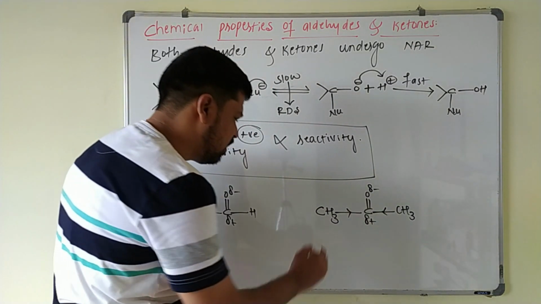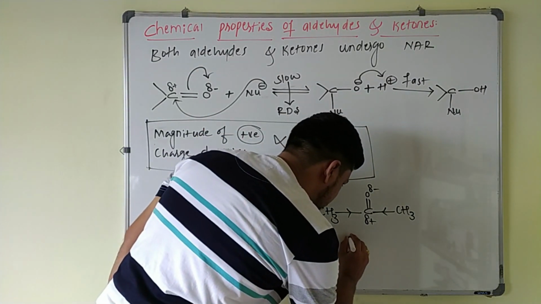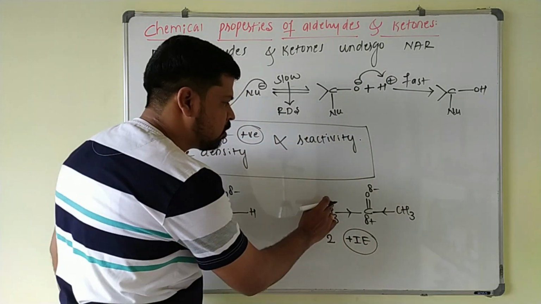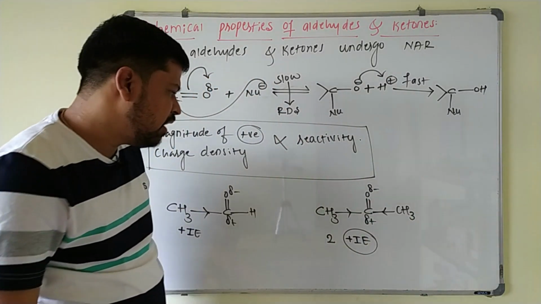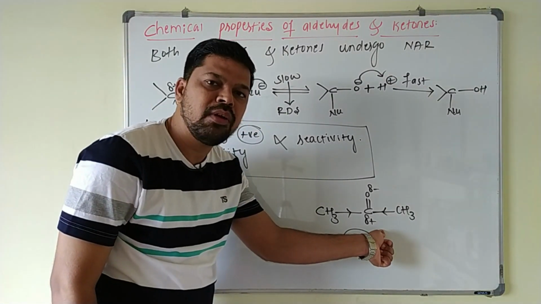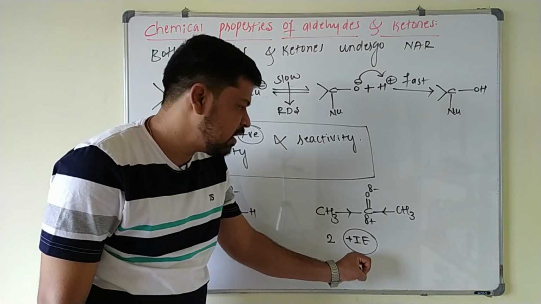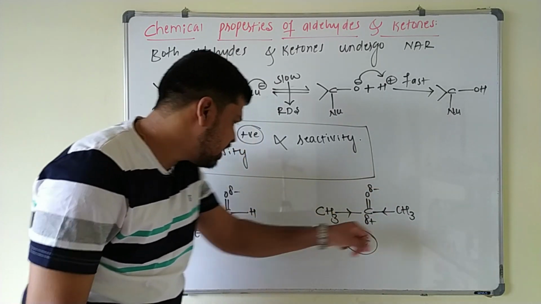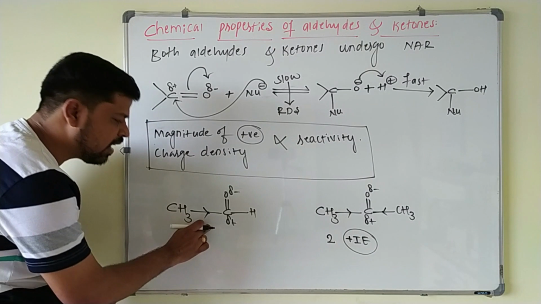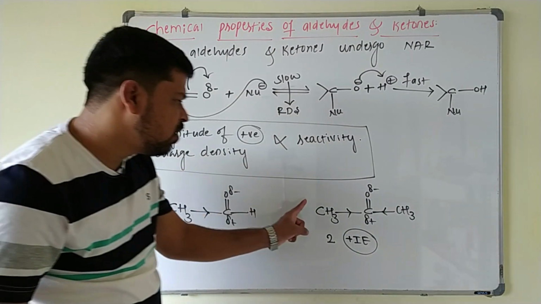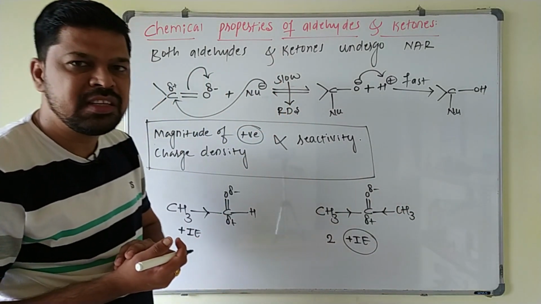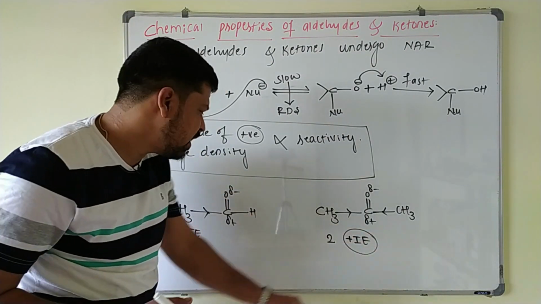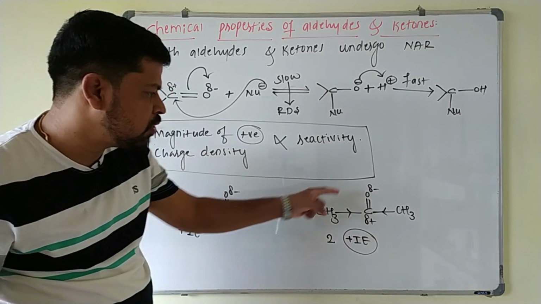Carbonyl carbon. That is here there is an effect of methyl group, that is two inductive effects are there. This also one inductive effect and two inductive effect. Here the decrease in the positive charge on the carbonyl carbon is sharp, that is the positive charge on the carbonyl carbon sharply decreases as compared to the aldehyde here. Here only one alkyl group is releasing electron density, and here two alkyl groups are releasing electron density. So what happens here? These ketones, they become less reactive as compared to the aldehyde, because positive charge density is